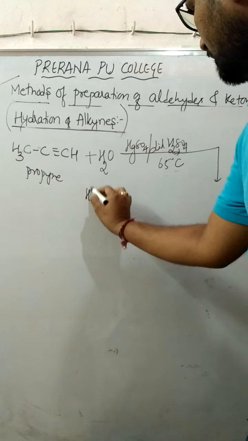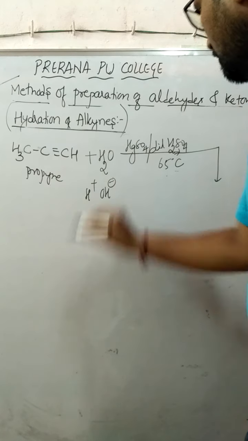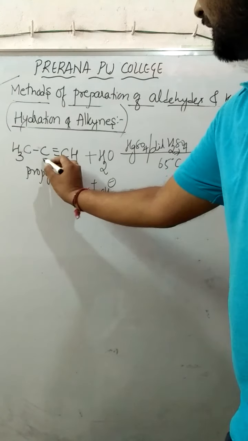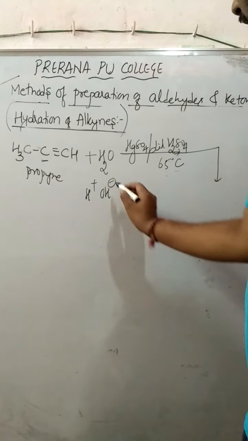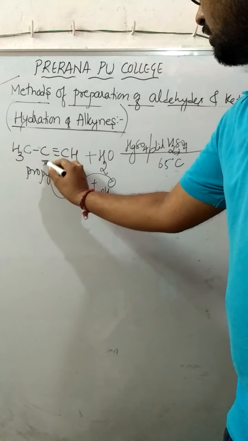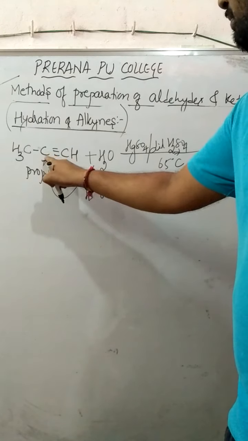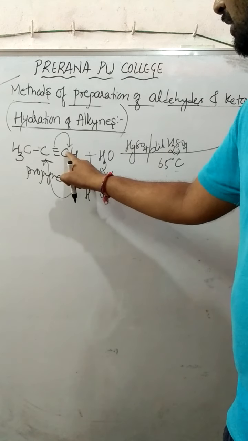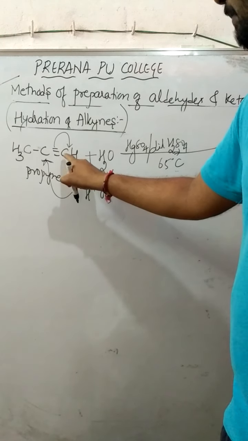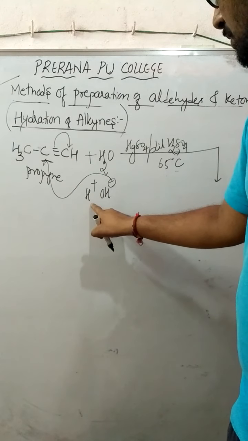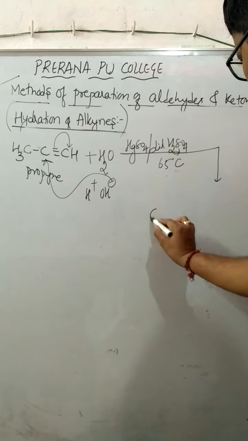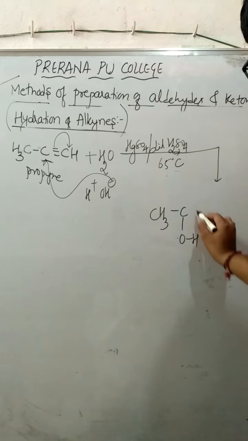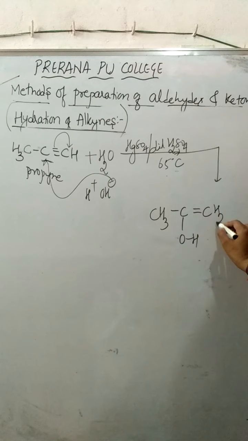So water molecule ionizes to form H plus as well as OH minus. Here the negative ion OH minus will attack the carbon having less number of hydrogens according to Markovnikov's rule, so that this OH will bind to this carbon. So carbon becomes pentavalent, migration of electron takes place on this carbon, carbon becomes negatively charged and this negative carbon takes away H plus, which can be written as CH3C single bond OH and double bond CH2.